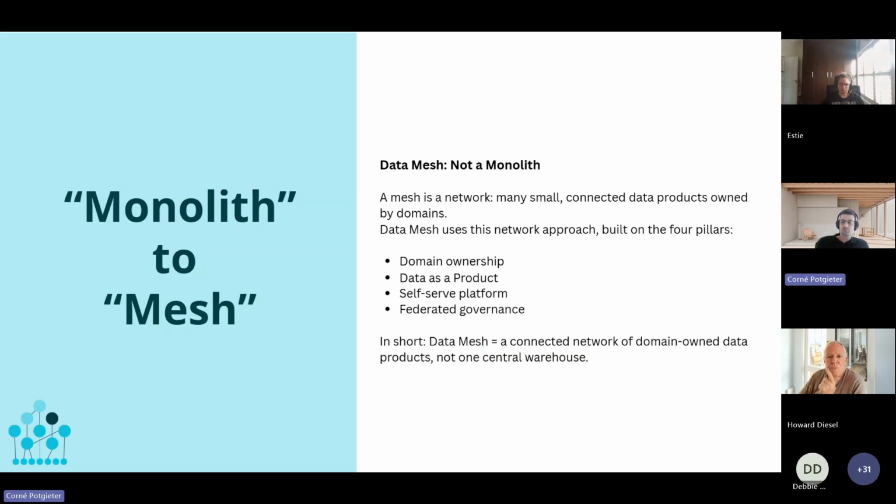So monolith is kind of a contrast to data mesh. Data mesh is a decentralized approach to data warehousing. I'm not going to go into detail of what data mesh is. That's probably a 20-minute deep dive that would be required. So I'm assuming some sort of understanding of what data mesh is. So apologies for those who do not know. But the 4 main pillars is probably the thing you have to remember now.